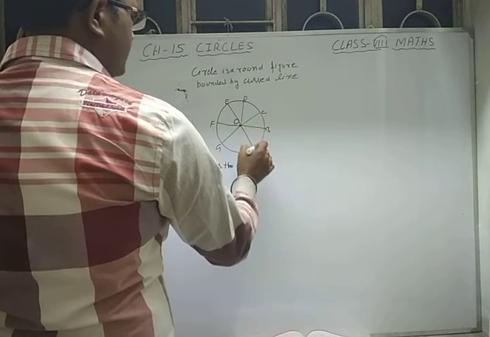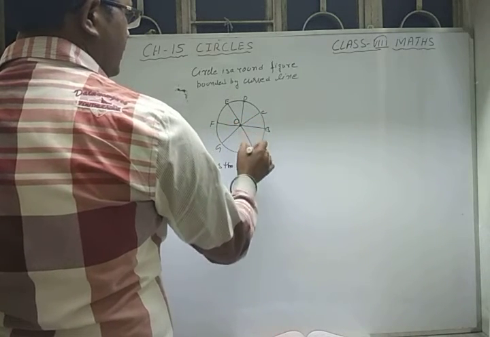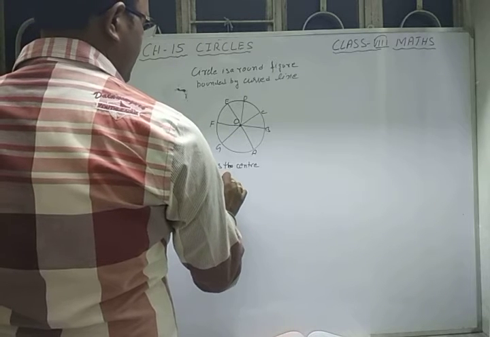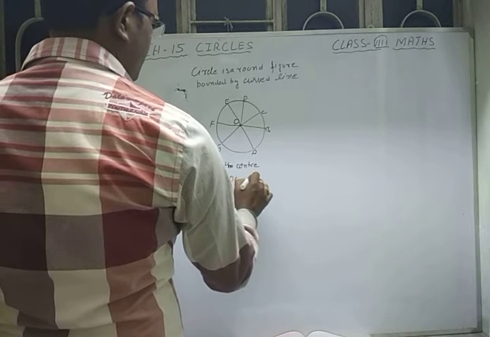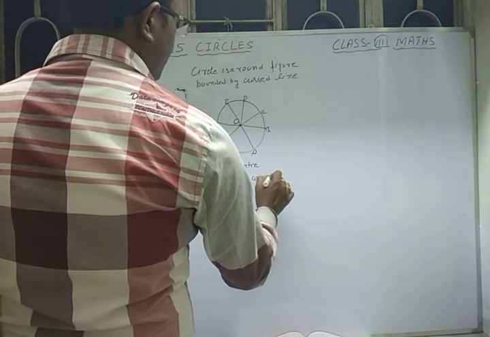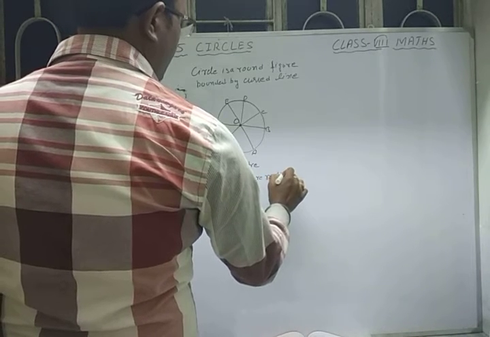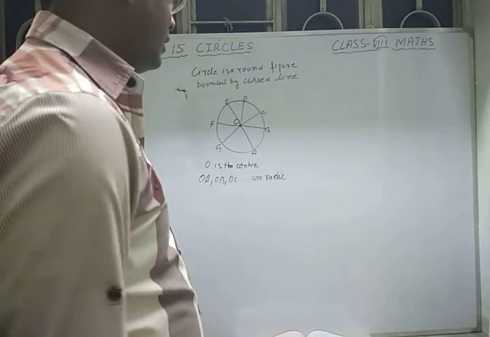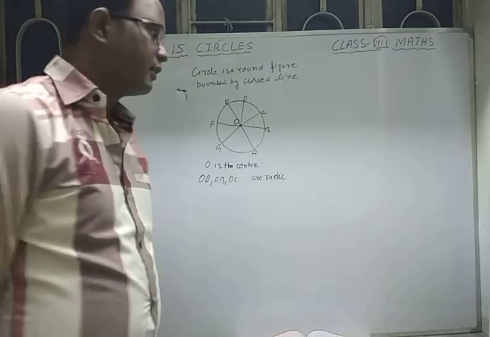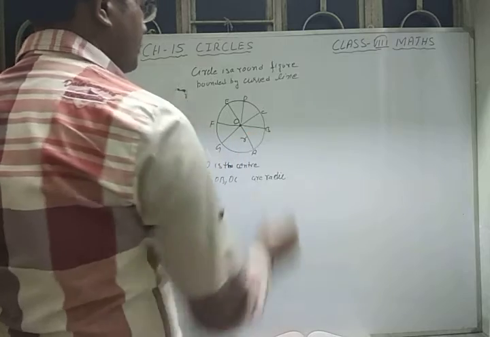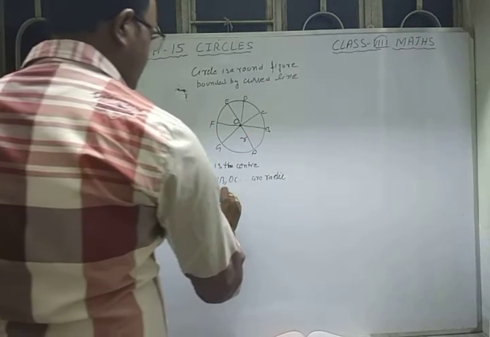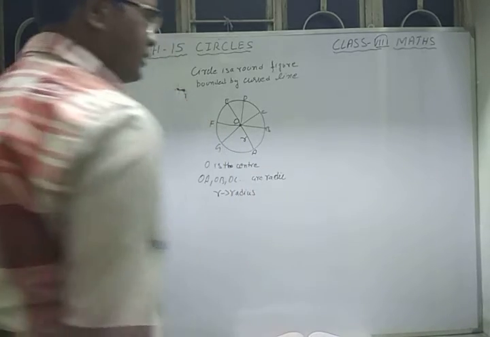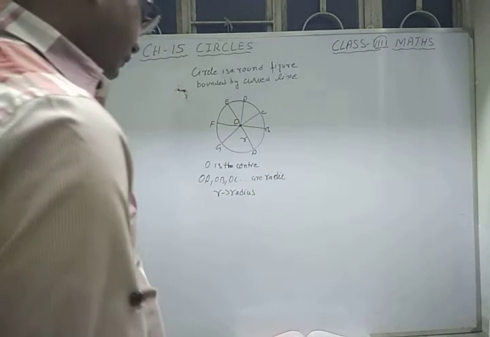After that, the distance between the center and this circumference, that is OA, or you can say OB or OC and so on, are radii of the circle. It is the plural of radius. The singular term of radii is radius and is represented by r, small r. Small r represents the radius. Okay, and the plural of radius is radii.